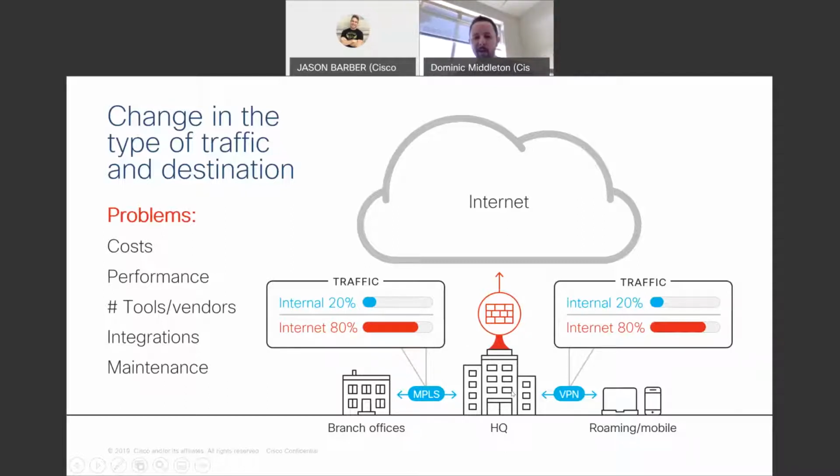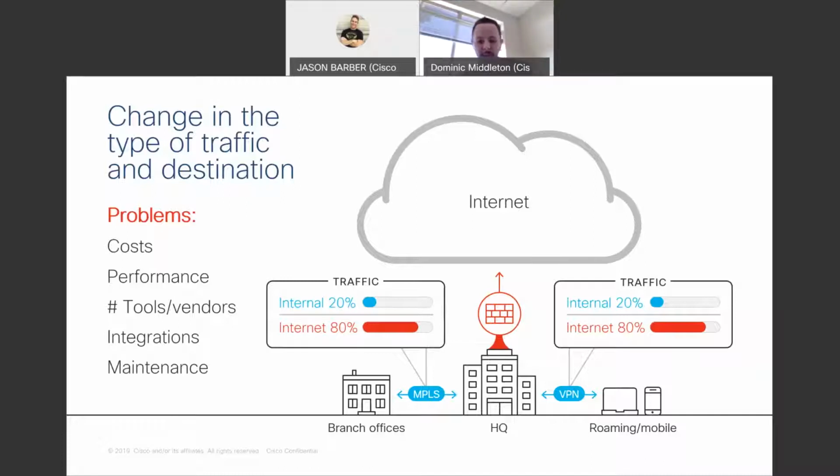You have to keep building out your aging infrastructure that way, and that costs a lot of money to do. If you've had a customer conversation and they're talking about adding MPLS tunnels to their current infrastructure, I'm sure you're aware of how costly things get pretty quick. We also run into performance issues. The number of tools and vendors, the integrations, trying to get things to work together is always a pain in the neck. Maintenance, making sure those tunnels are staying open, it just increases the cost.